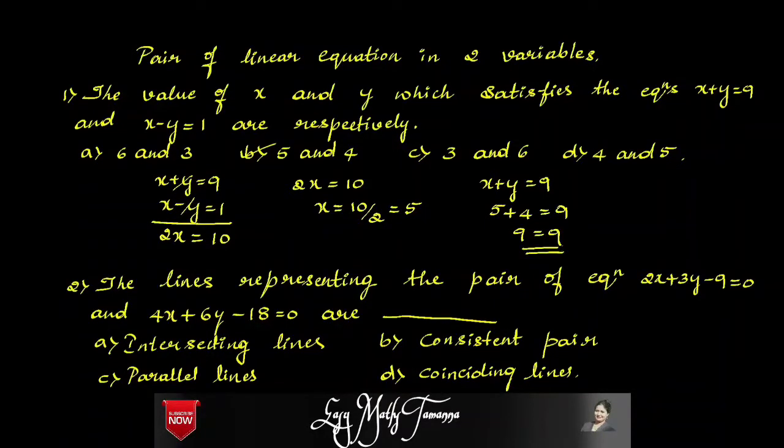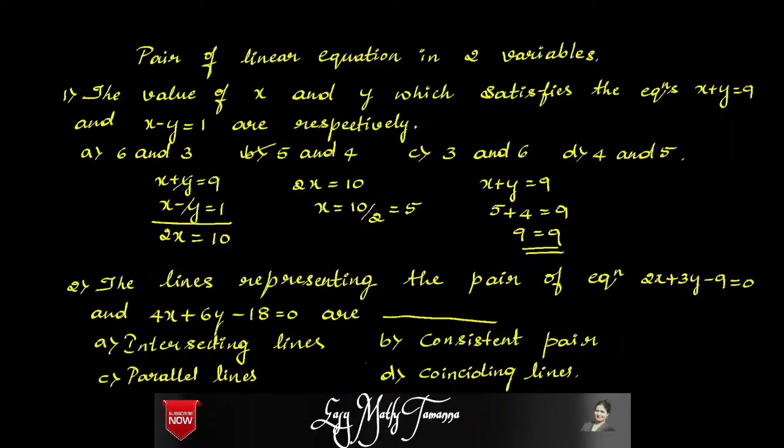So this is an easy task we can do by the help of substitution. The elimination method will take so much time. Due to that reason, with the help of the options, you can substitute and finally obtain the answer. When you substitute the values 5 and 4 into the second equation, x minus y is equal to 1, then 5 minus 4 is equal to 1.